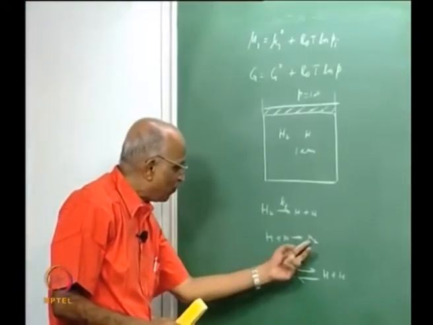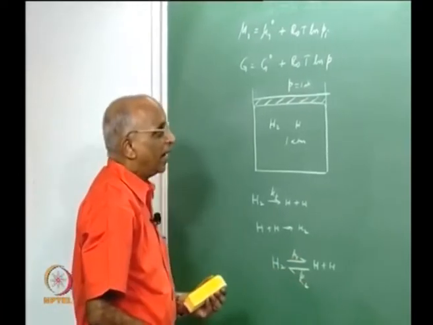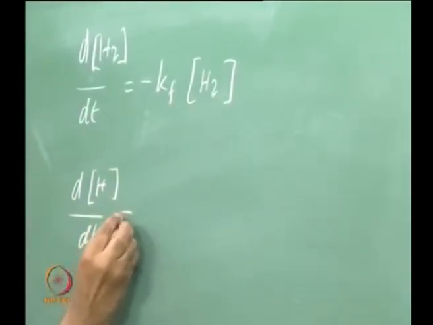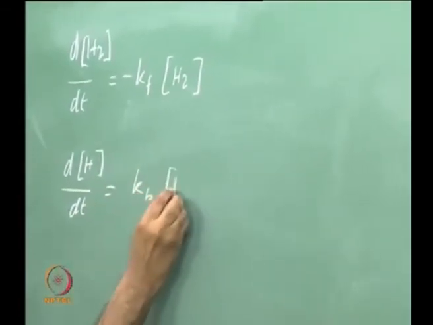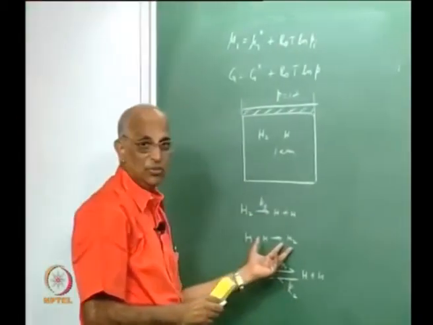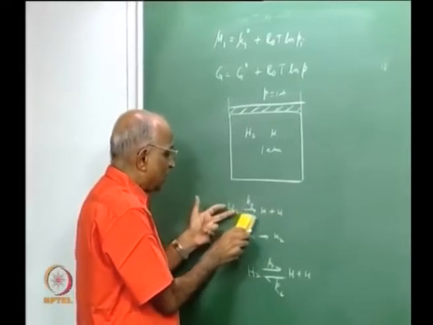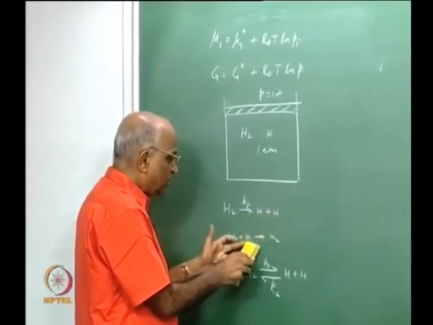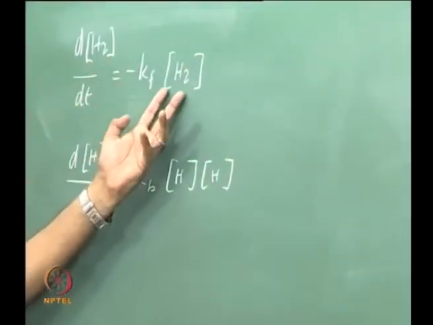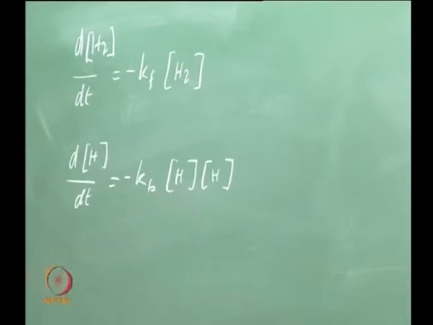I want to write the same equation for the reverse reaction. Forward reaction is kf, backward reaction is kb. I can write the rate at which H changes with respect to time goes as kb into H into H over here, and mind you, according to this reaction this also keeps decreasing. Therefore, the reaction of H plus H proceeds in this direction. The rate at which hydrogen gets depleted is proportional to the hydrogen, and the rate at which the H atoms get depleted because of the reverse reaction is in this, and therefore, for equilibrium